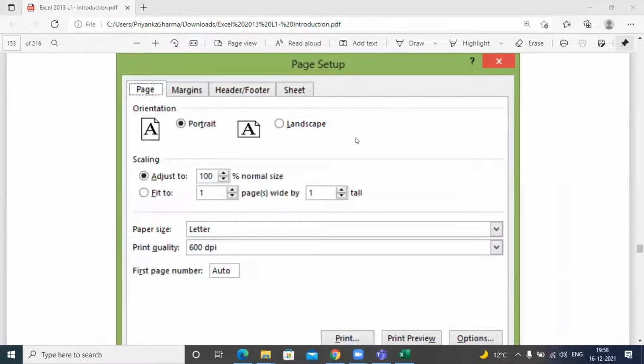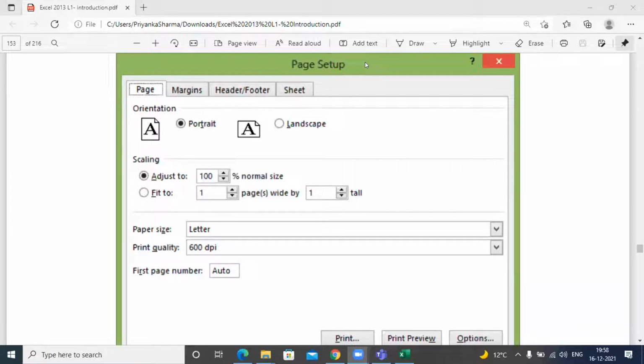Sometimes we have to use this option that you're seeing, adjust to 100% normal size. Sometimes there is a requirement that if your worksheet is no longer than a page, if it's bigger, what you can do is shrink it so that it prints all on one page, right? Just save your paper.